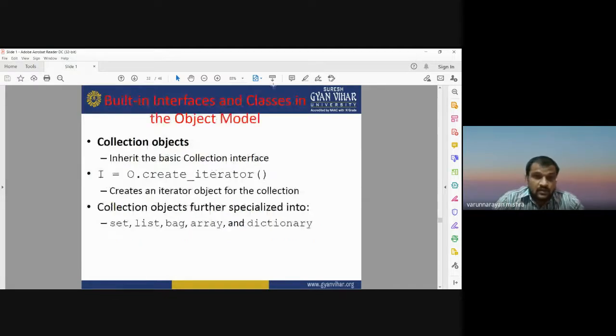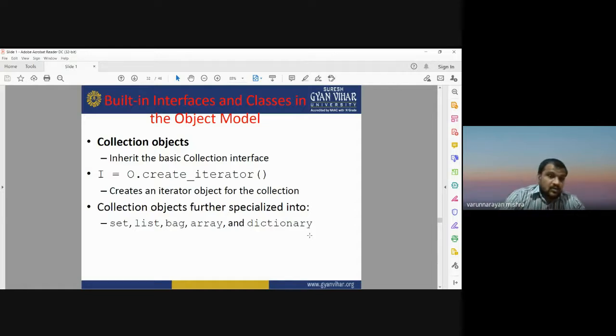Okay, for the built-in interfaces and classes in the object model, there are collection objects that inherit the basic collection interface, that is I = O.create_iterator, which is used to create an iterator object for the collection.